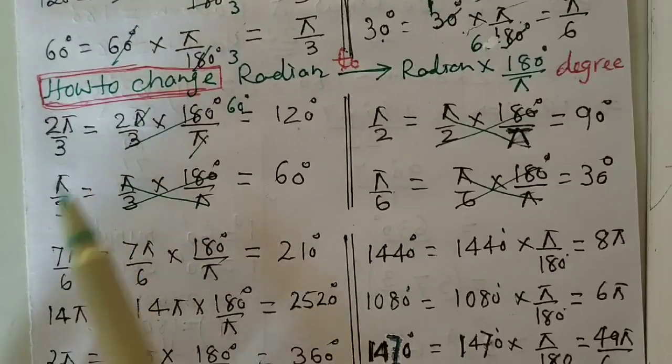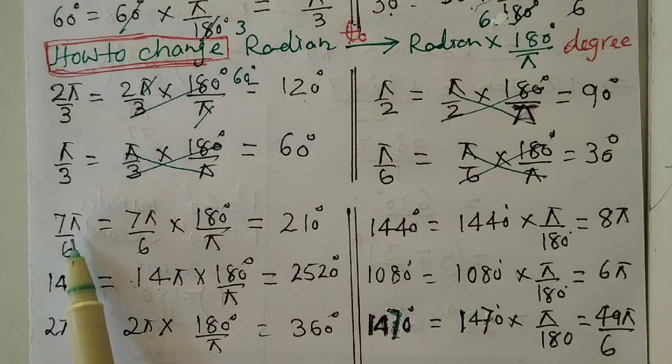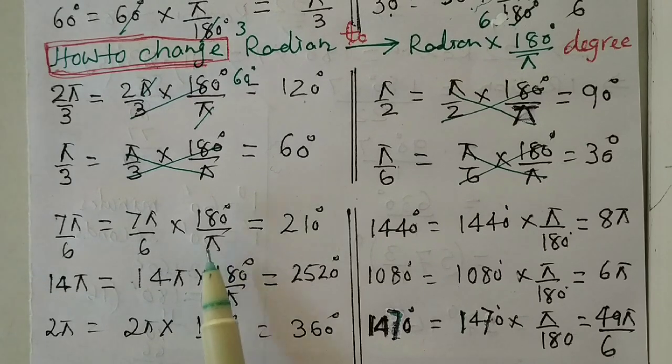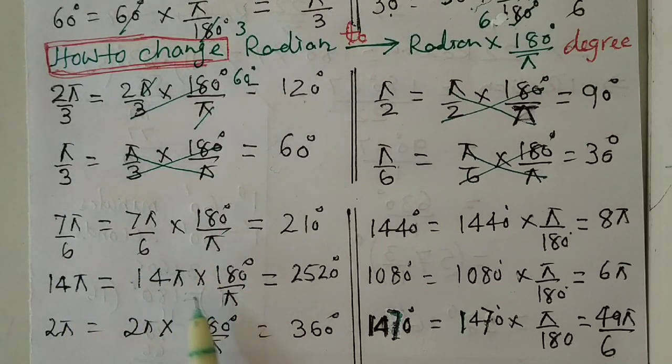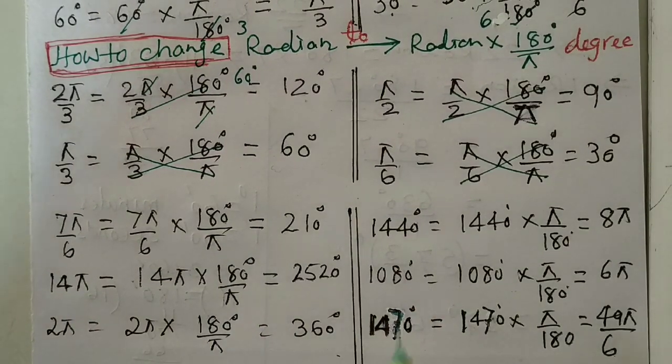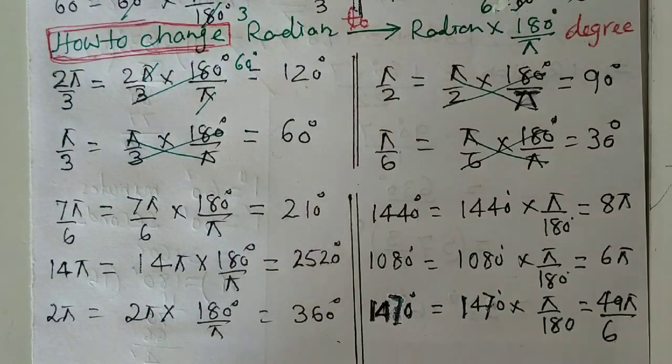And similarly, the other conversions you can do yourself. If you are to remove pi, then pi should be in the bottom and degree should be in the top. Now all the pi are cancelled, and simply we get the degree. Now if you have to bring pi, then pi should be in the top, so pi by 180. Now we simply get pi. So these degrees have been converted fully to radian.